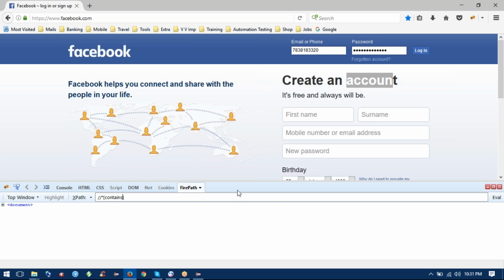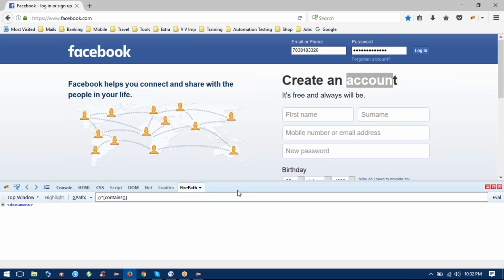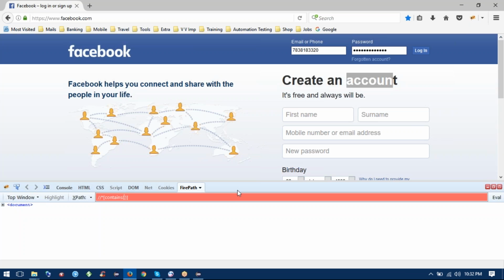The contains method works on two parts. It has two parameters, so I separate those parameters with a comma. Just keep the concept in mind: you will have to pass two parameters. If you want to find by text, you will have to write here text, T-E-X-T,